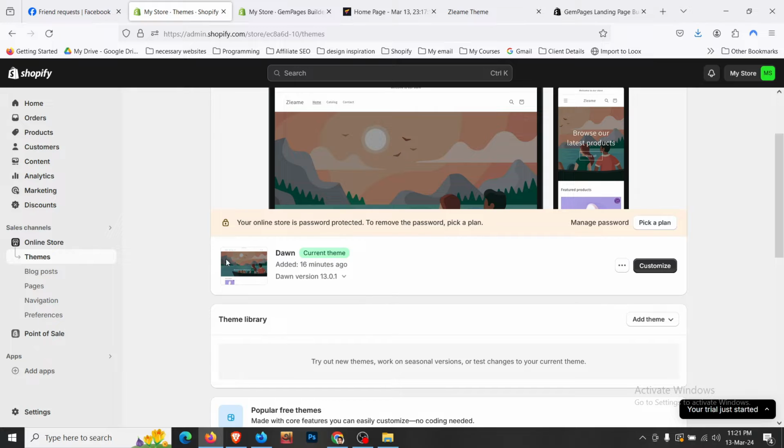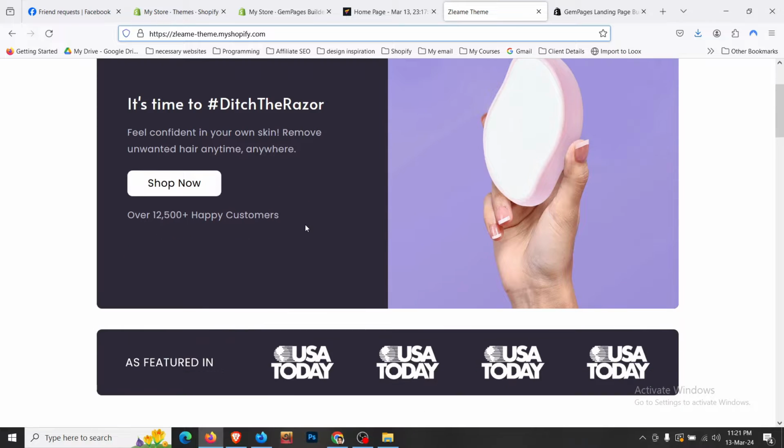But themes have some limitations. Themes have limited building blocks, so you cannot make a custom layout using the theme. That's where the page builder comes in, like GemPages. So we will use GemPages because we want to make a layout like Zlimy or Blimy.com, which is not